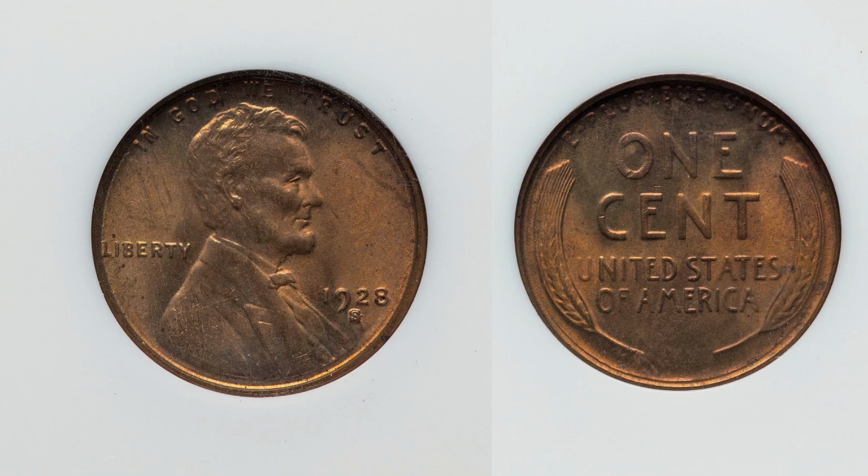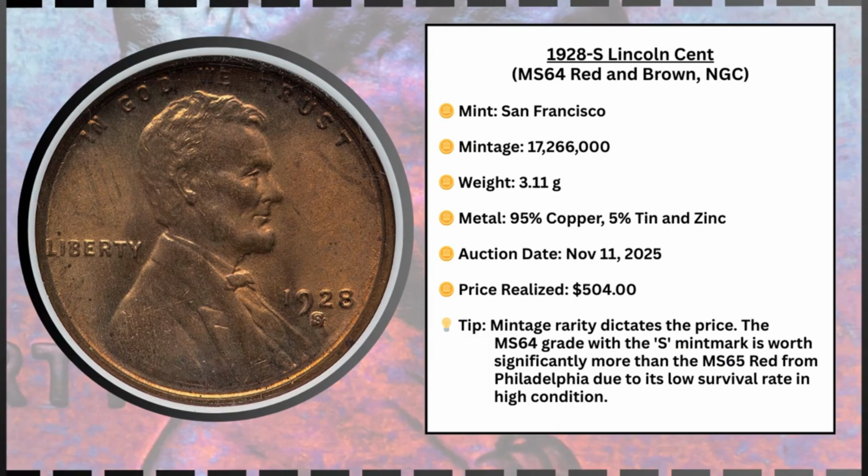The coin that defines the 1928 market dynamic, the 1928S. This wheat cent is from a mint that had the lowest production of the year, at just over 17 million cents. Finding a beautiful, clean example is really a nightmare. They're hard to come by. That's why a sale from November 11th, 2025 brought such a massive number. A 1928S, rated MS64 red and brown, sold for